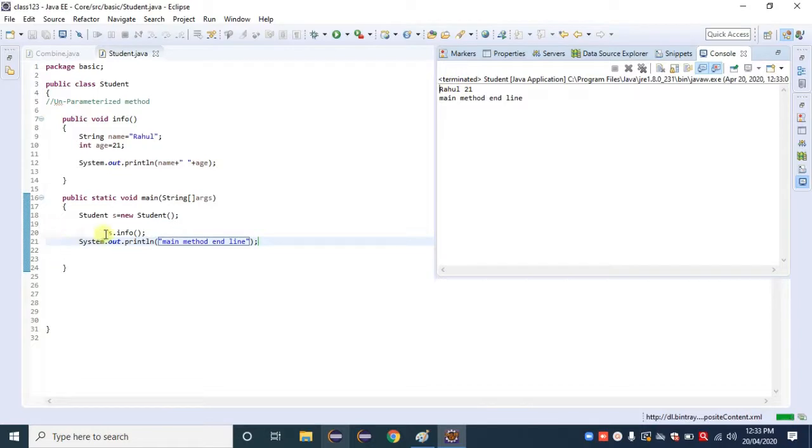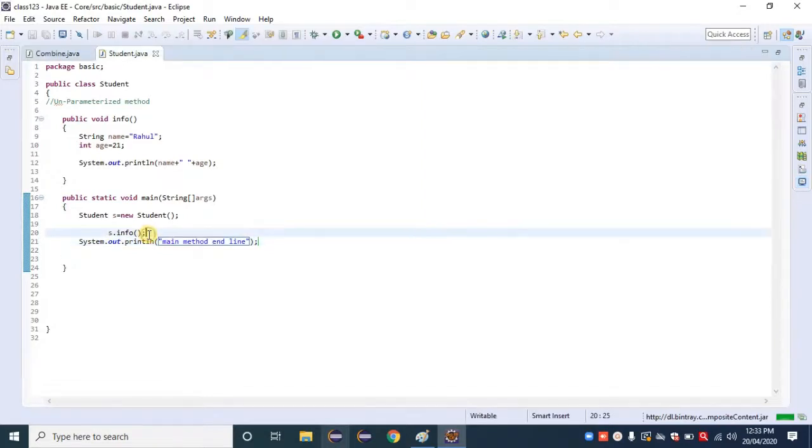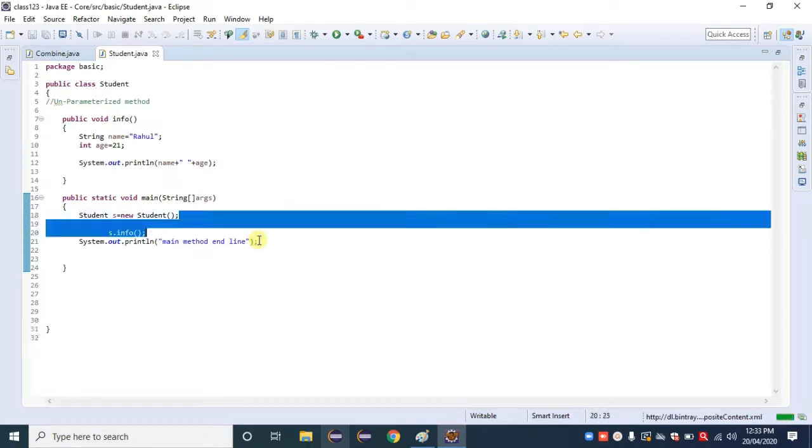It means that Java, from that line, comes inside that method, executes and prints that one. Then Java's focus comes again inside the main method at the end, and Java observes that another statement is also available. Then Java executes that statement here. Okay, so it is the execution priority of Java.